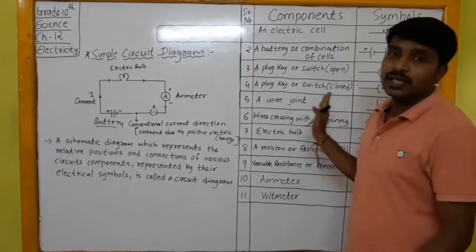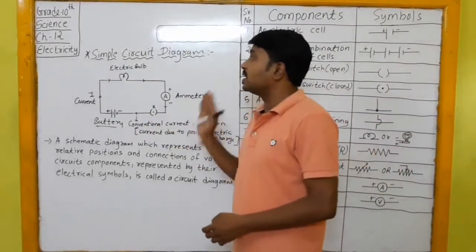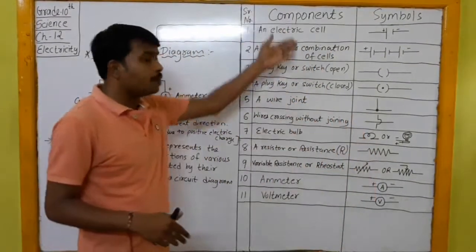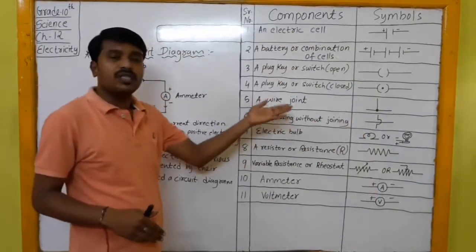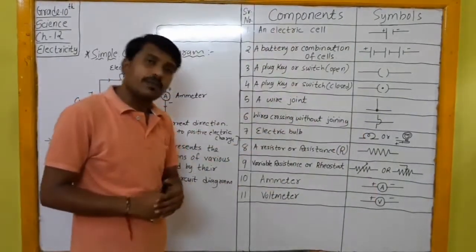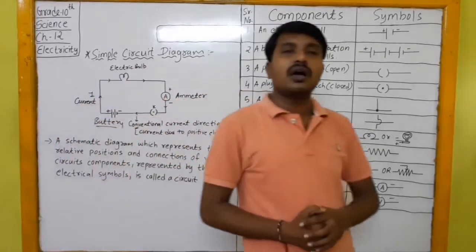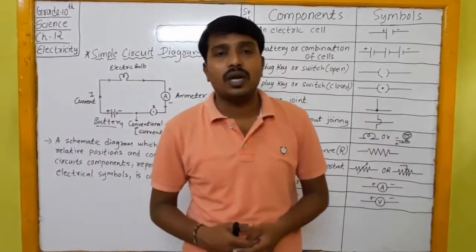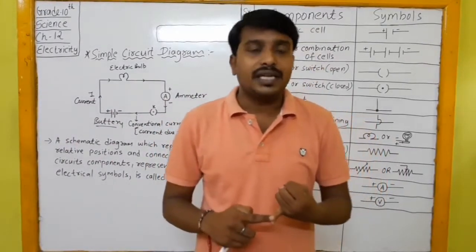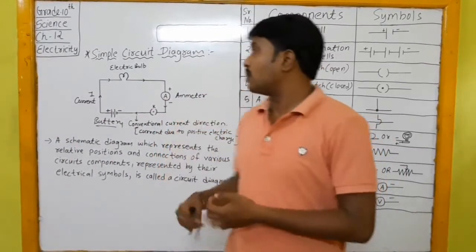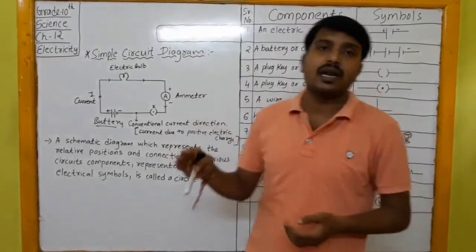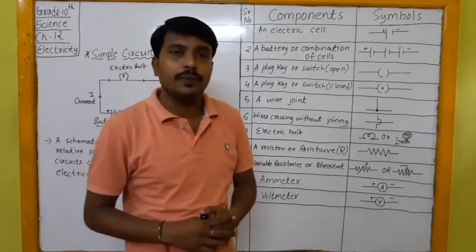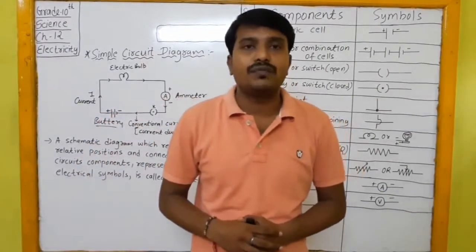So this way, dear student, these are the simplest circuit diagrams which you have to draw and learn for the exam. Apart from this, these are the objective topics of various components used in the circuit and their respective symbols. So this way, dear student, I end my lecture for today. In today's lecture, we have learned about electric current in detail and electric charge. Apart from this, we have learned about these simple circuit diagrams and the various other electric components, their diagrams or symbols.